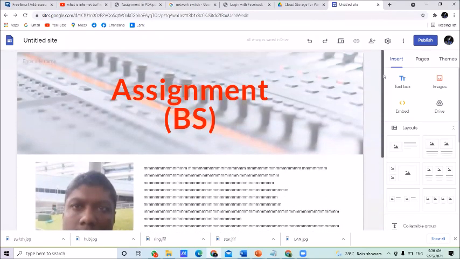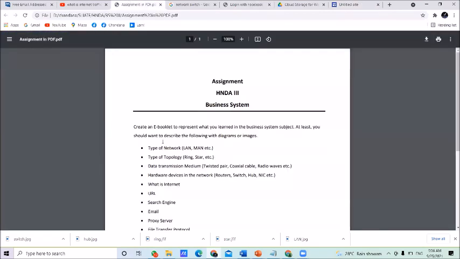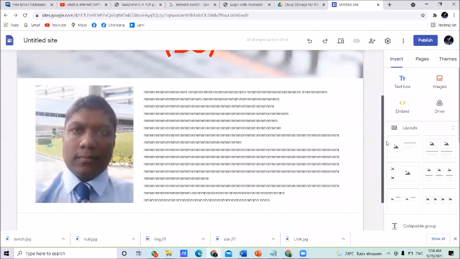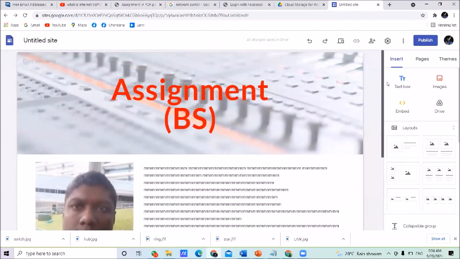Right. Now, suppose for this example, we go back to the assignment, type of network. You want to start describing type of network. Right. Then you want to do it in this way. Go to Google Sites. Now your home page is okay. Type of network. Now you want to insert here the details of types of network.